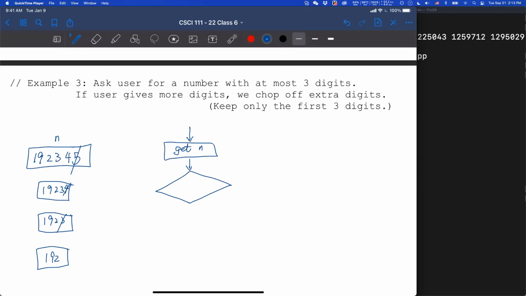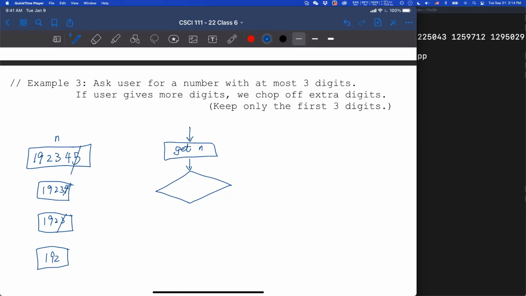Now what would the question be? What would you do if the user entered a negative number? Can you do modulus with a negative? We could do modulus with a negative, but here we assume the input is a positive or non-negative number. If you want to handle the negative case, you just need an extra if statement to check.